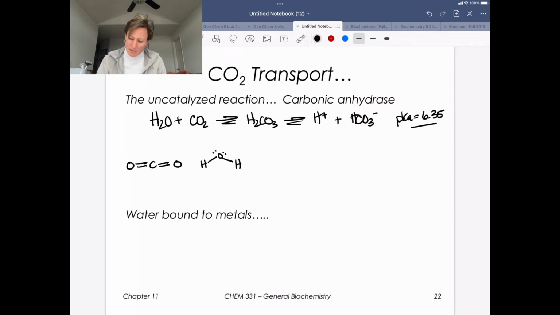So if we think about it mechanistically, it's pretty straightforward. Nucleophilic attack, okay? We're going to have to move those electrons. Let me finish making my Lewis structure, putting all my lone pairs in, okay? We're going to end up, I'm going to keep things in the same sort of position so we can see where atoms went,